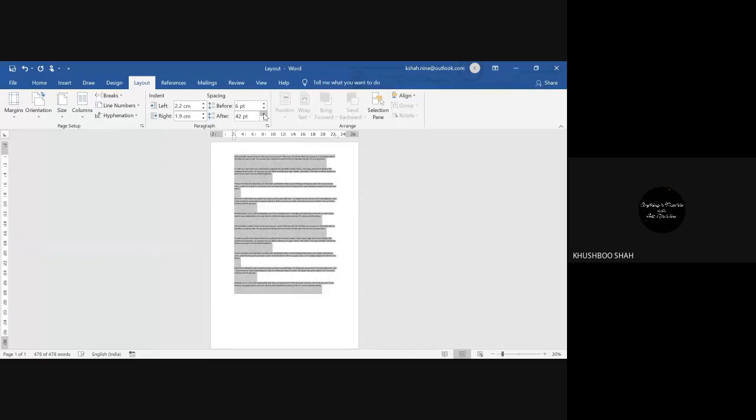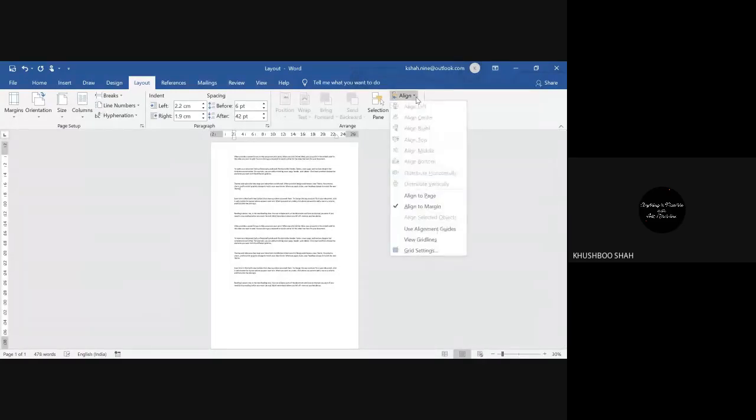Yes, ultimately both work similarly, but the before one you can see the effect before the lines, and this one after the lines. That is the only difference. So again, it depends on which document you are creating. Based on that, you have to choose this spacing option wisely. So, guys, it was all about the layout, where some important points we have discussed.